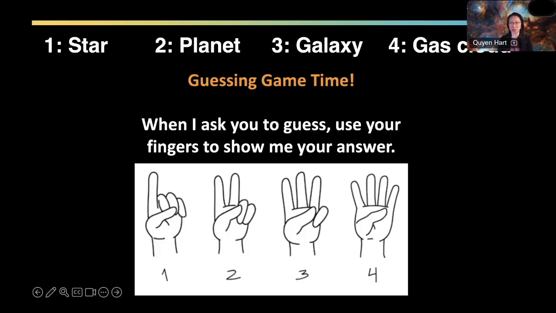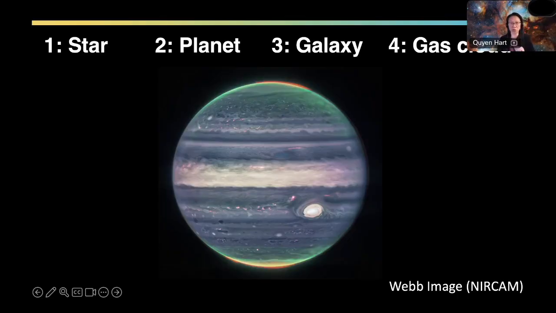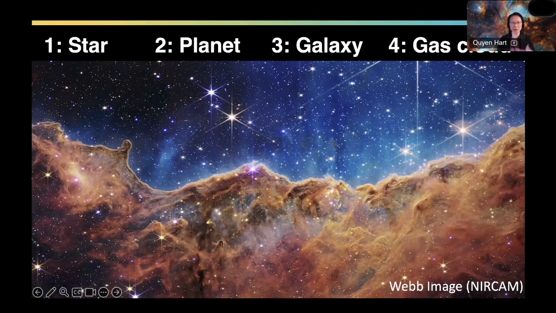And so this is what I've done for the elementary age group. I just give them a basis. Let's play a guessing game, have them use fingers, 1, 2, 3, and just have them classify things. They love this because you're doing a two-way street communication with them. So I'll say, well, what do you see on the screen here? Have them guess. Go to this one, have them guess, and kind of work through that to get to the point where I can talk a little bit more about why we want to study star forming regions.